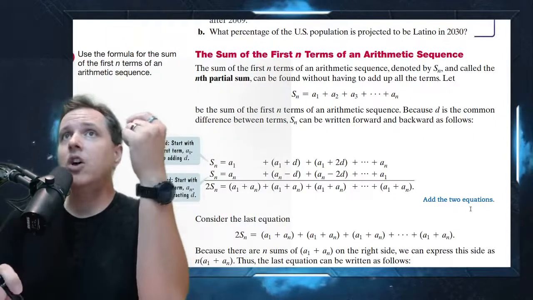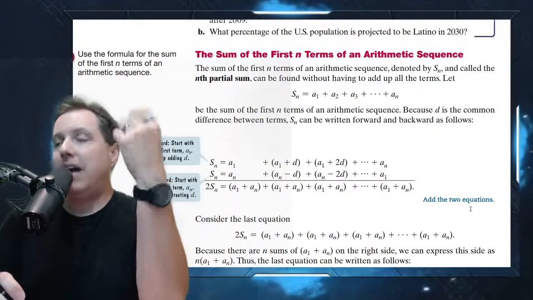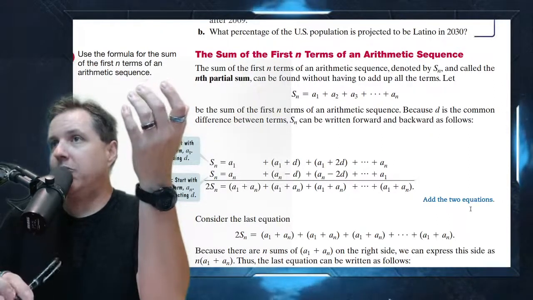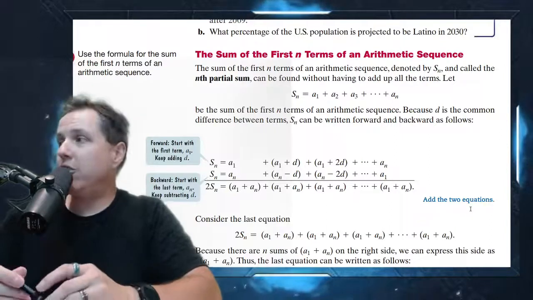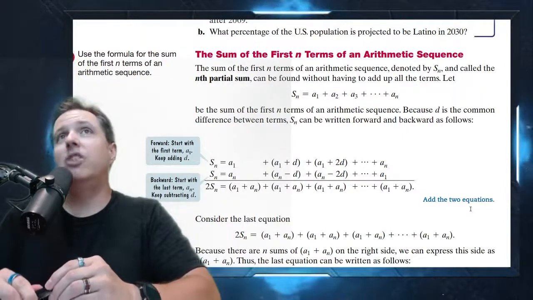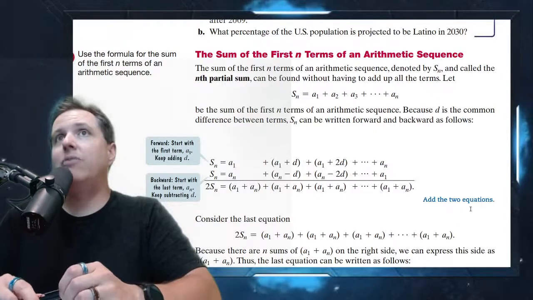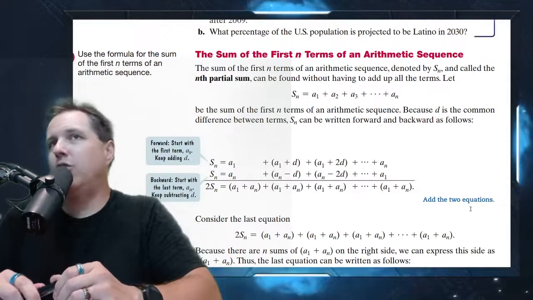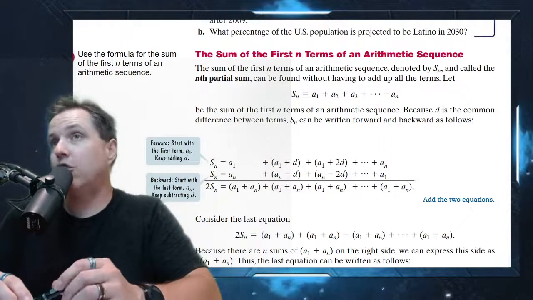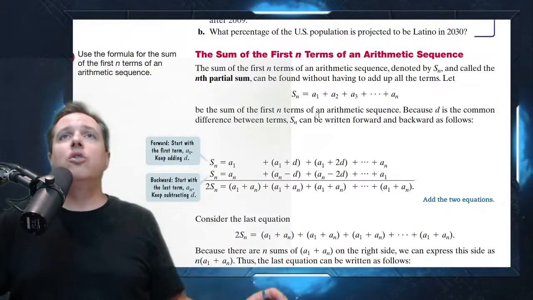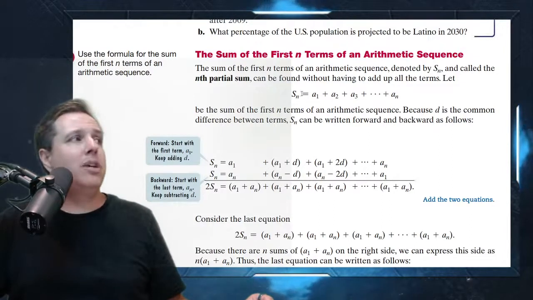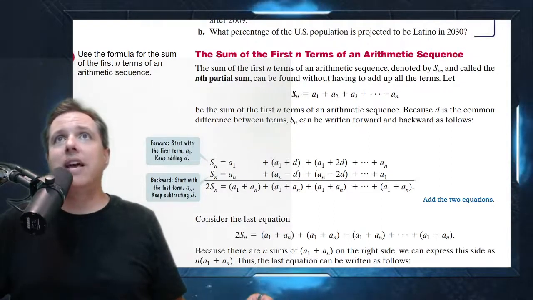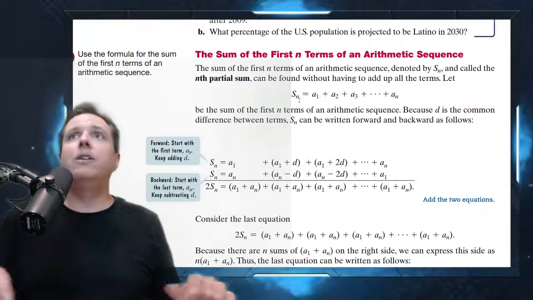So it doesn't make sense to add up an infinite number of terms in an arithmetic sequence, but you may want to add up a finite number of terms. You may want to add up the first 20 terms, or maybe even the first 1,000 terms, and you don't really want to do that by hand because, if it was short, you could, but it gets to be a pain if you want 1,000 terms, right? So we call this S sub n the partial sum. The S is for sum, and the n is telling us the finite nature of that. So it's saying add up the first n, right?